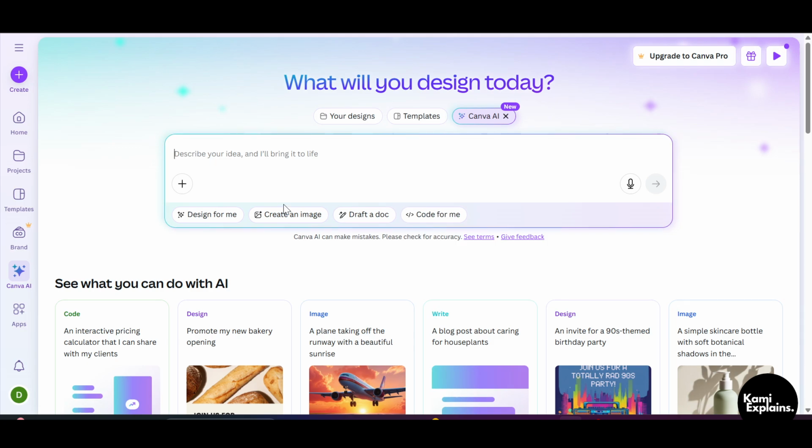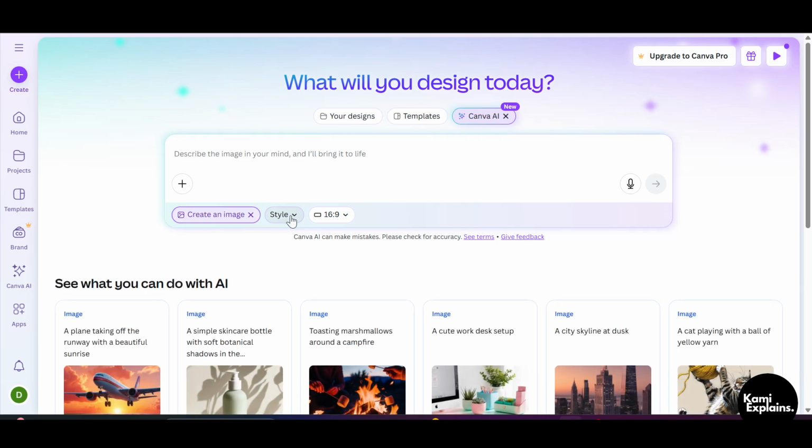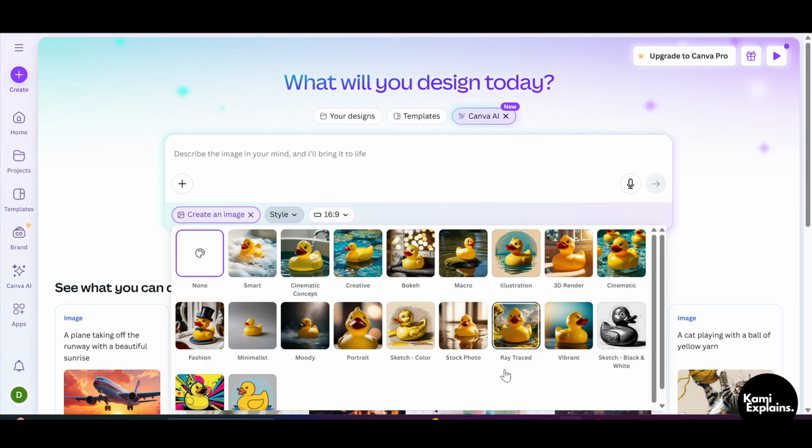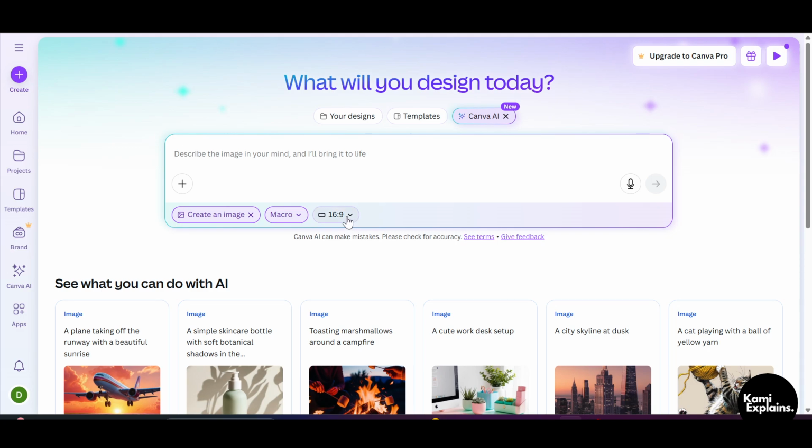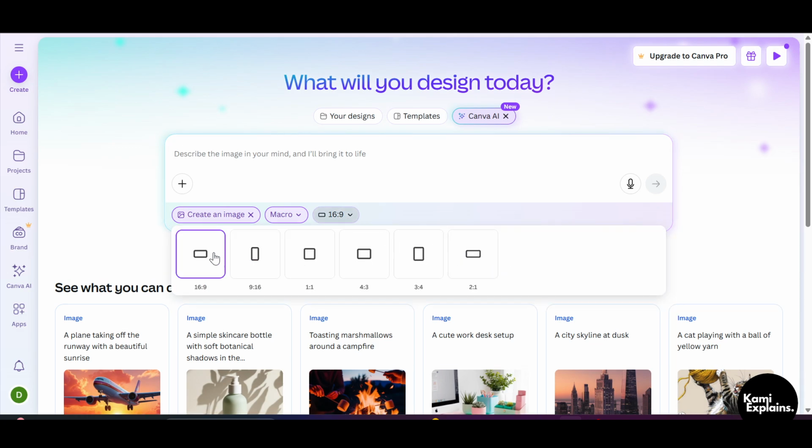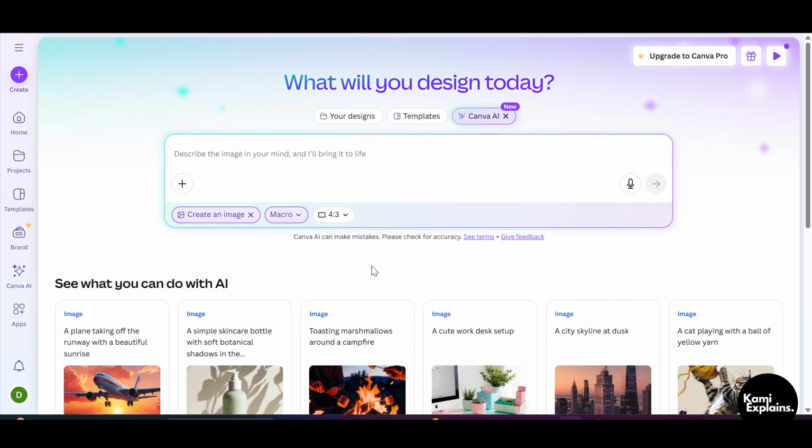For example, I'll just click on this pre-built prompt, create an image. Now it's asking me what style of image do you want. You can see there are multiple styles, and this cinematic and macro looks cool. I'll just simply click on macro, and it is asking the size, at which size do you want. I'll just select this one,